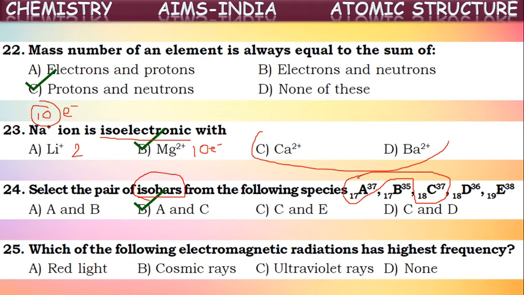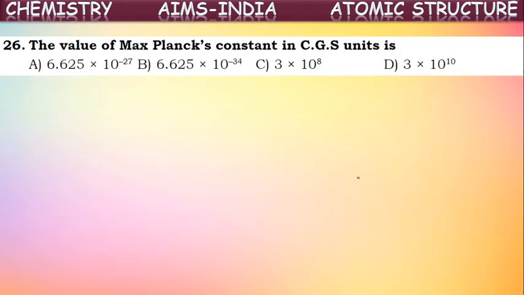So out of these all, cosmic rays are having the highest frequency as well as the highest energy. Okay, cosmic rays. Next, the value of Max Planck's constant in C.G.S units. So the value of Planck's constant they're asking. The value of Planck's constant is